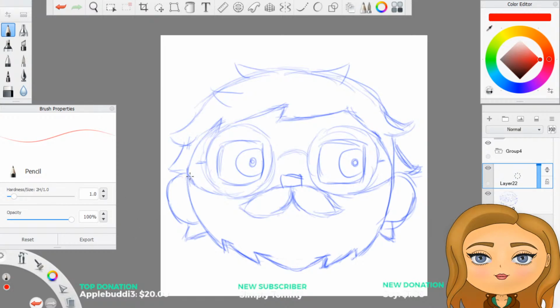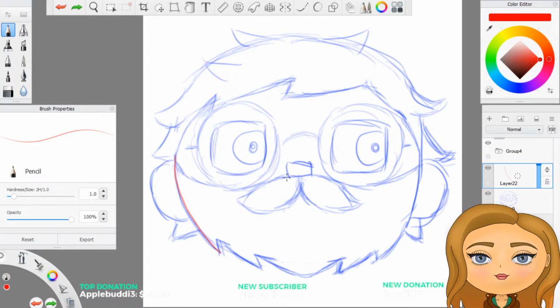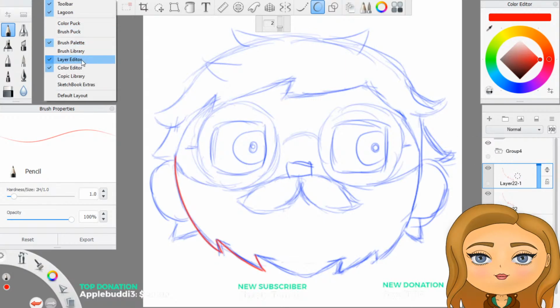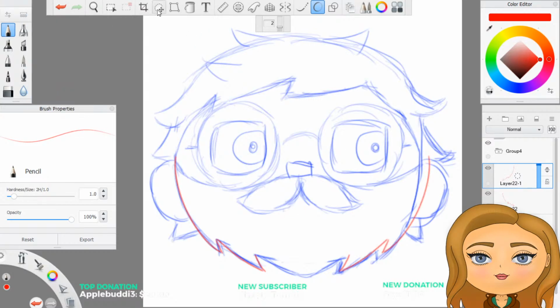Let's see about these outlines. Actually, I know what I could do is I could duplicate this and then mirror it from the side.